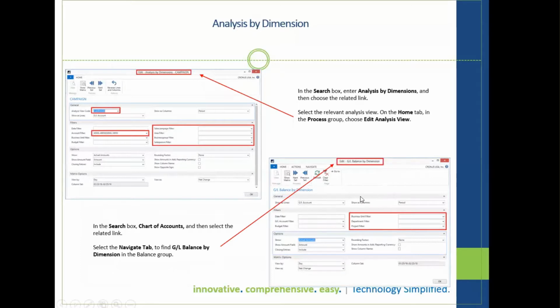If you're on your chart of accounts and you go to your navigate tab, you can see your GL balance by dimension. And if I were to edit my analysis view, because I want to do analysis by dimension using this view, some of the only differences is it's going to give me my view name. Inherently, when I open up my view to analyze it, it's going to give me the GL account filters that I've defined on there,